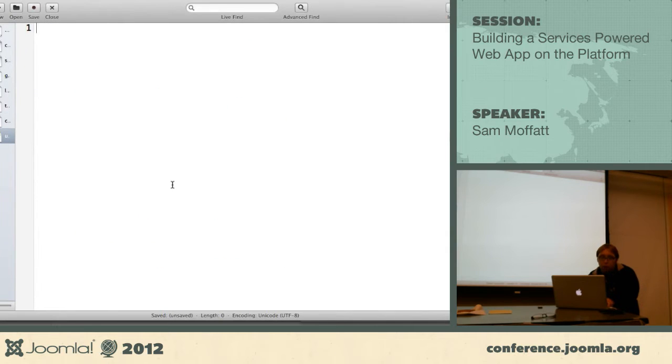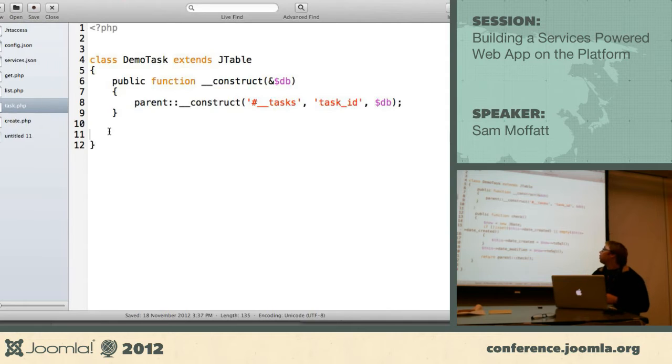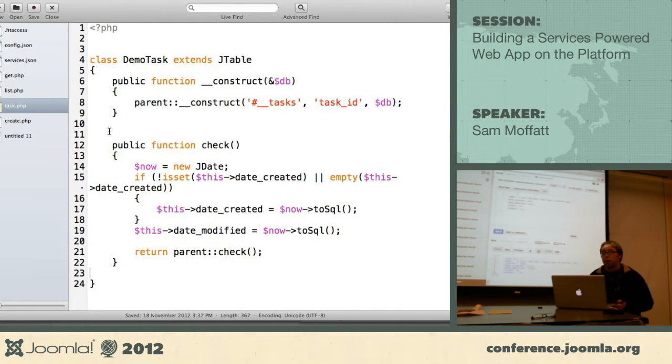So one thing we do note, task, there we go, is that the date created and the date modified aren't being set. So what we're going to do is we'll just overload the check function very quickly, and that's going to update and add the thing. And so now,